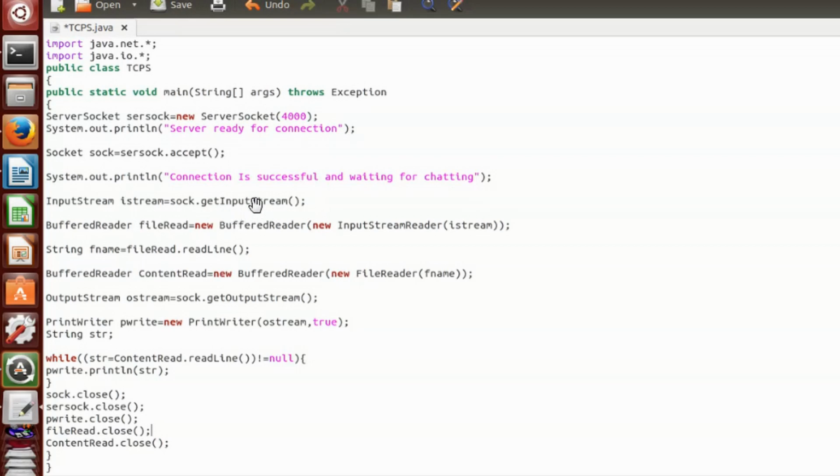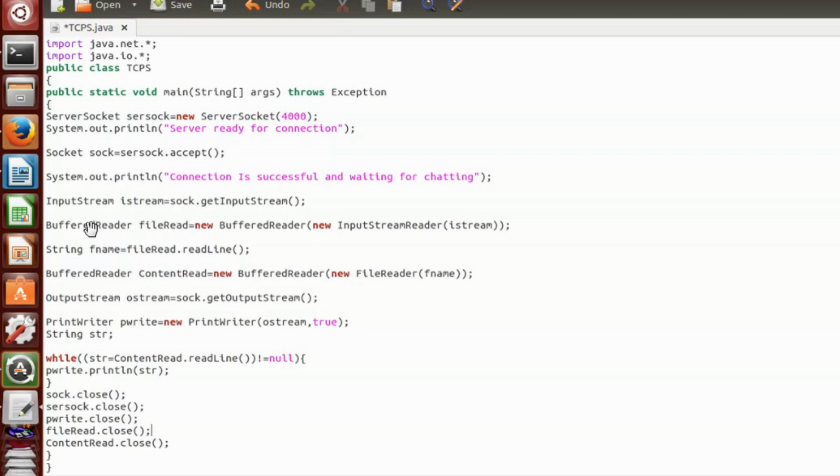Because from client I have sent the file name. Do you remember? So here I get the file name. And using buffer reader also we have discussed, right? In buffer reader if I have iStream, what does it mean? It is actually reading from the socket's input port, and what am I getting? Actually the file name.